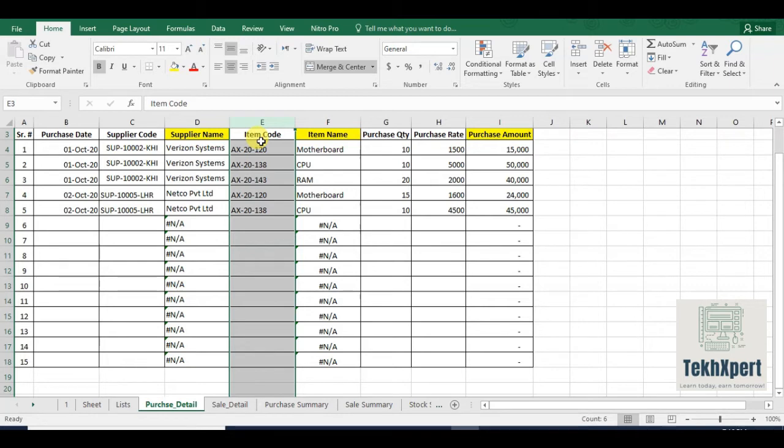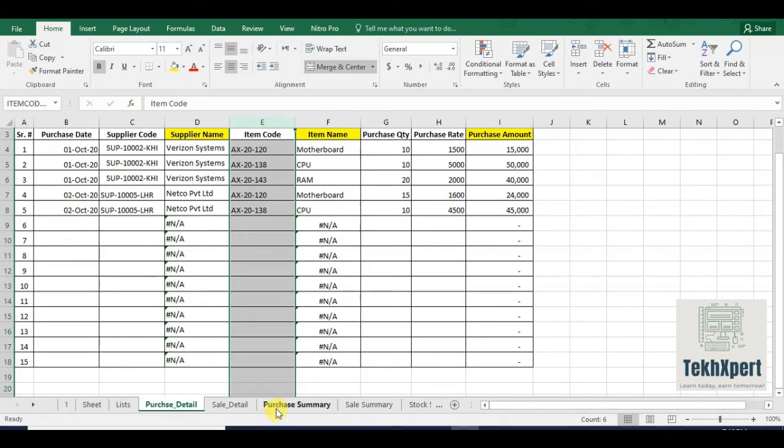Whenever in this entire workbook I use item code underscore purchase, it would automatically refer to this column. To apply the range, I will select this item code, and here I will enter the name item code underscore P. P stands for purchase, let's say, and enter.